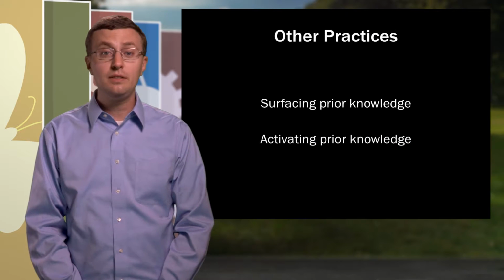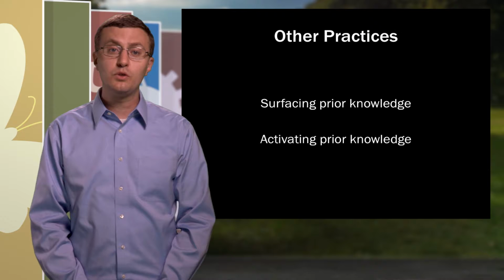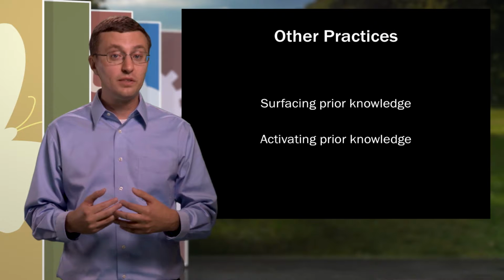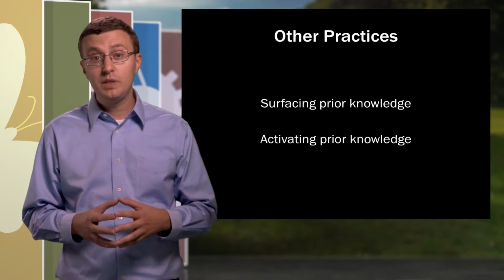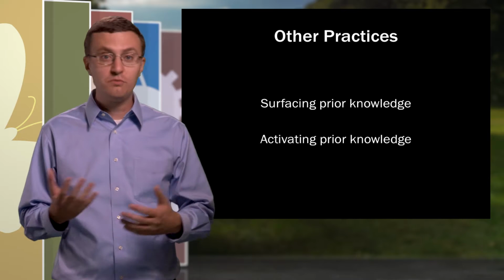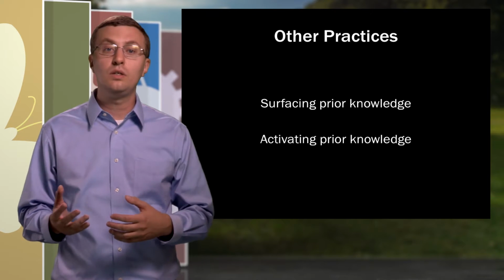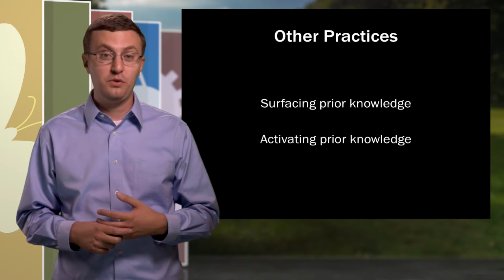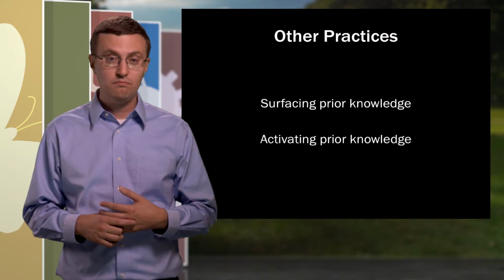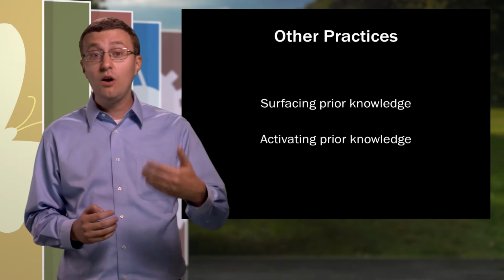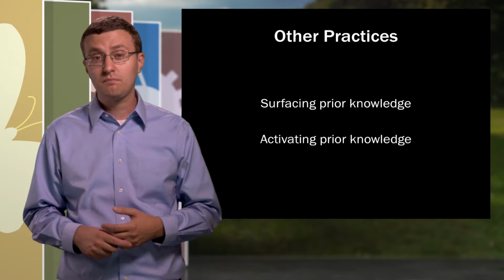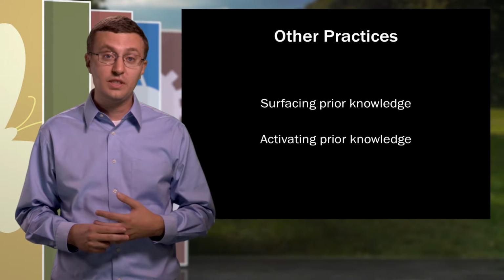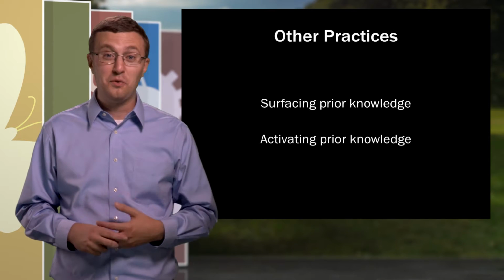Peer instruction is useful in many teaching contexts, but there are other practices that leverage what we know about prior knowledge. For surfacing students' prior knowledge, making it more visible to you and to them, you might give them an interesting problem and ask them to brainstorm solutions and identify what they know or what they think they know and what they don't. You might have them write what are sometimes called minute papers. Ask students to take out a sheet of paper, maybe at the end of one class, and write down something they know about the topic coming up in the next class session. Read through those minute papers between classes, then you'll have some idea of what to expect from students the next day. Doodling can also work to surface students'